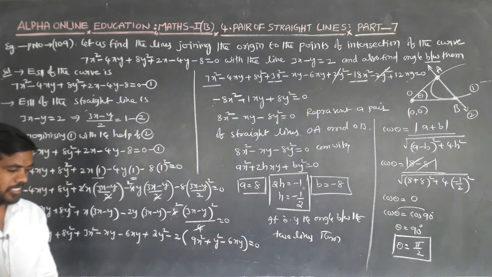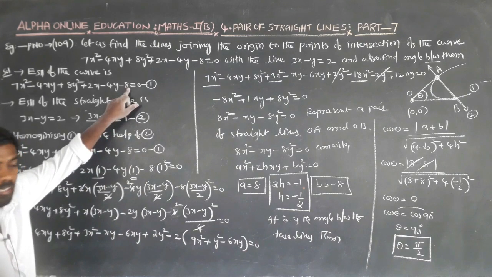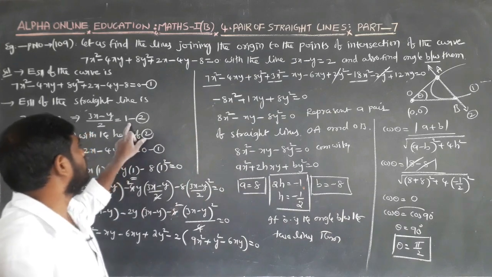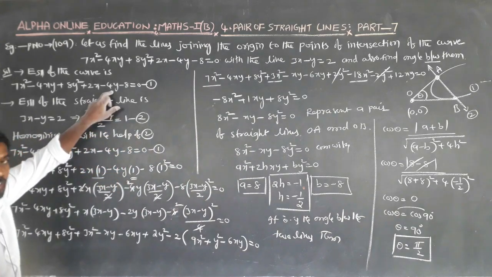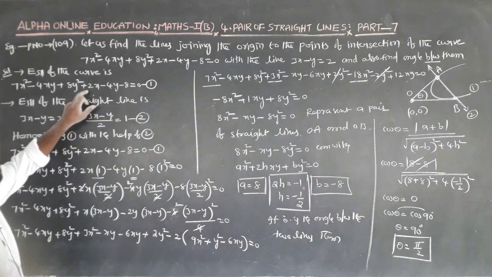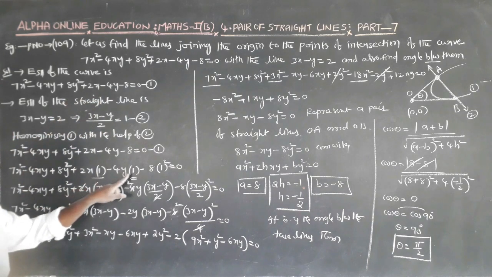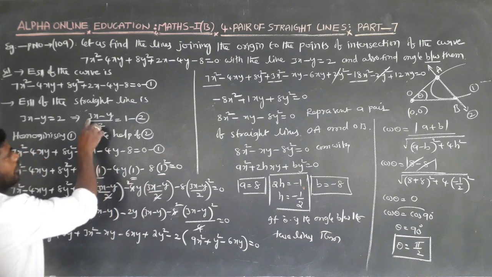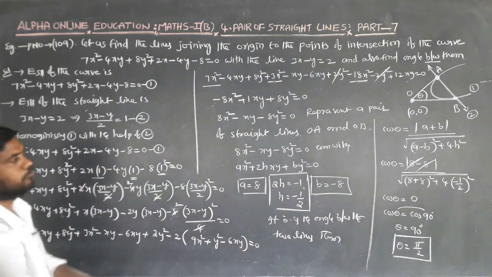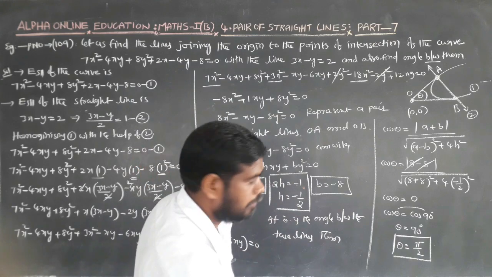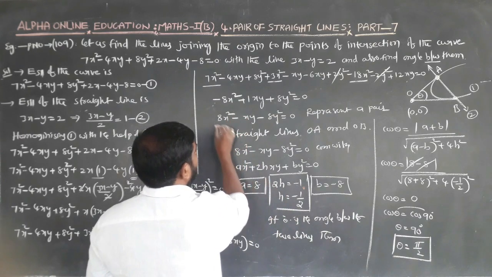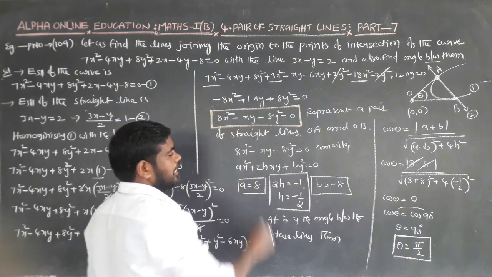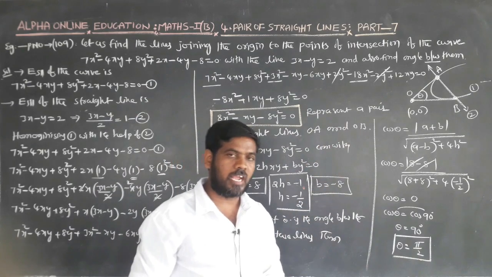This is the process. First of all, homogenize the curve with the help of the line. Always write the line in the form equal to 1. In homogenizing the curve with the help of the line, write the x term into 1, the y term into 1, and the constant term into 1 square. In one place substitute (3x − y)/2 and simplify. This is the equation representing a pair of straight lines OA and OB. Find also the angle between them.